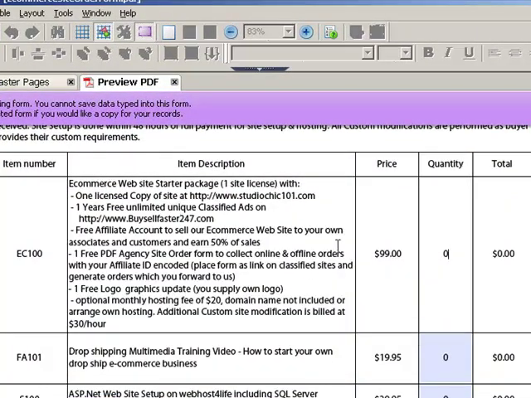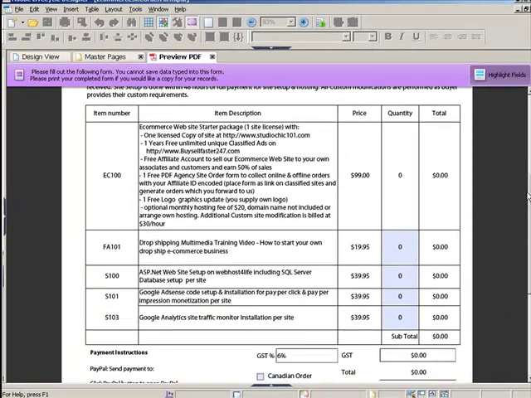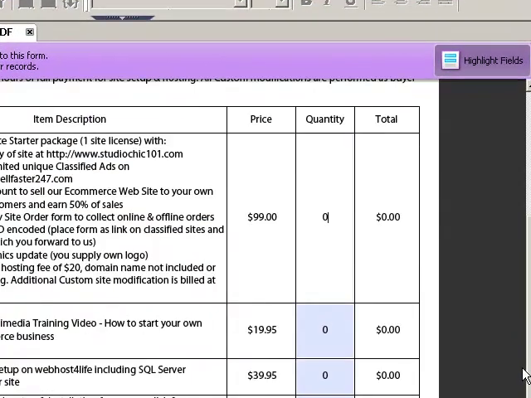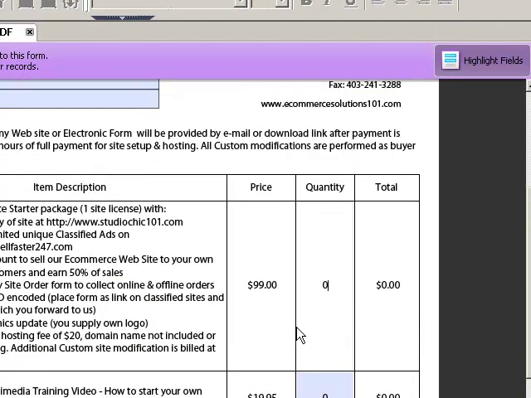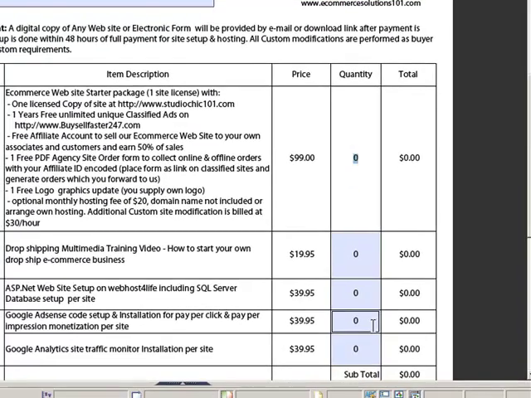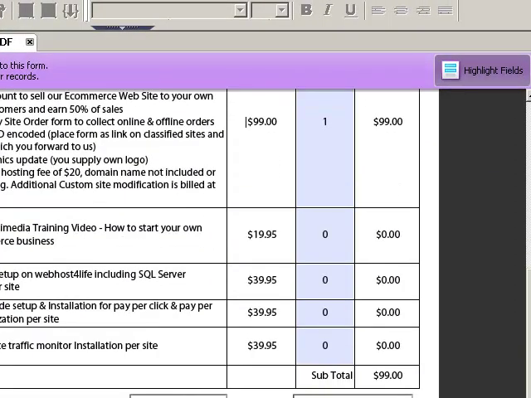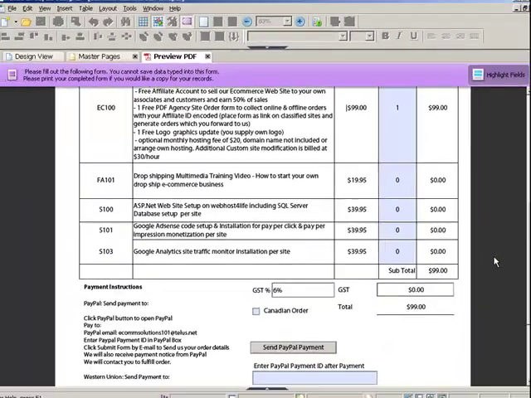Say, for example, I see an ad with this link. I've clicked and opened the web form, and now I want to buy one of these products. All I have to do is change the quantity. If I enter one here, just like a shopping cart, the total is automatically calculated, and it's also calculated at the bottom.